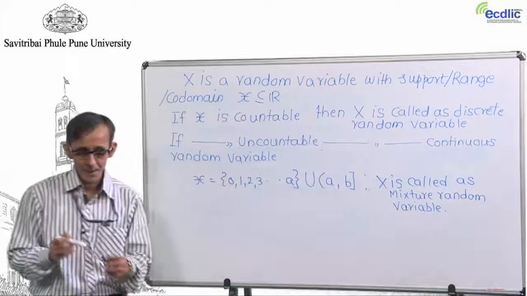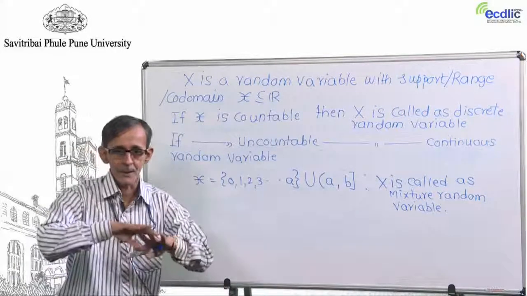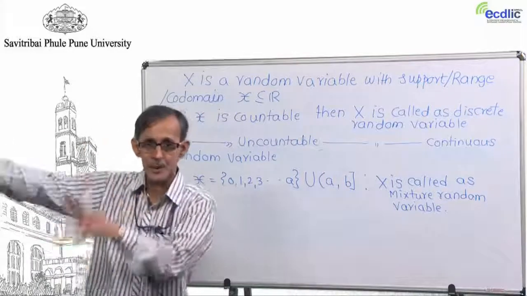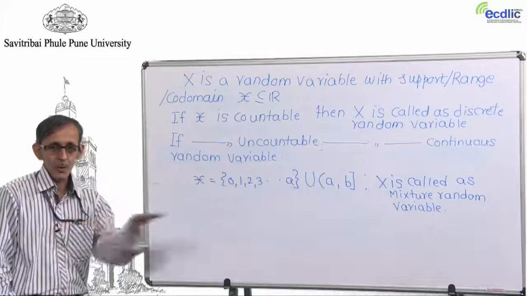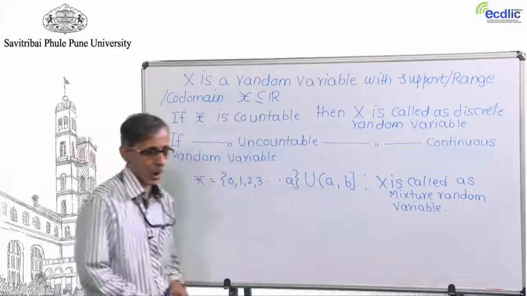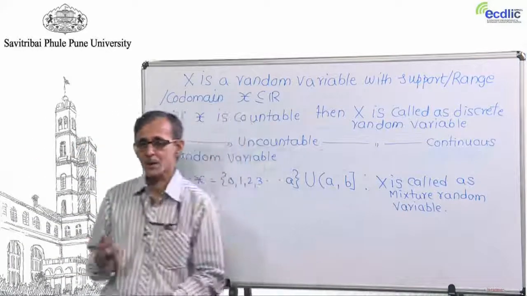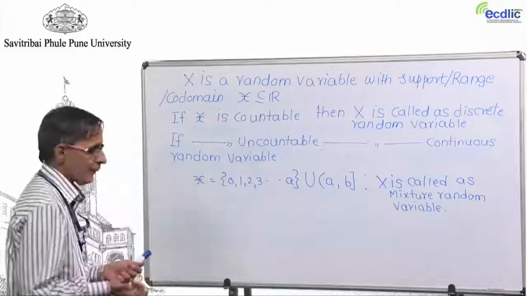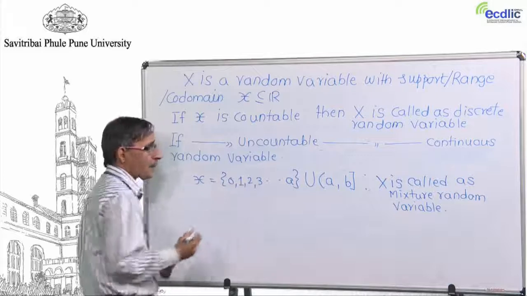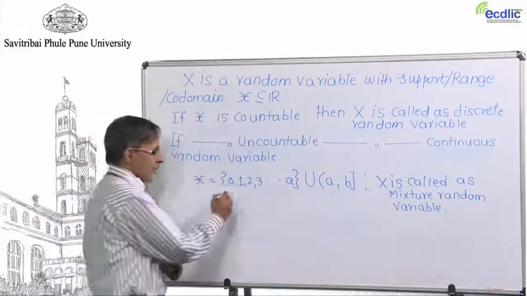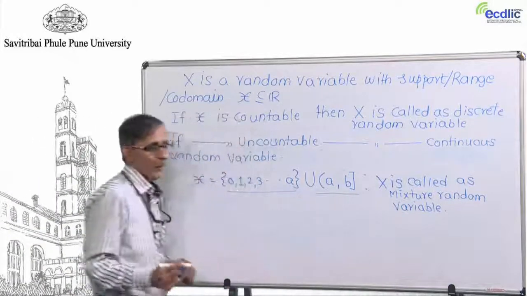Now, later on we will see that even a continuous random variable can be expressed as a mixture of three different continuous random variables because the distributional properties are different. We have not yet gone into the probability mass function and probability density functions and so on. That is why we are not going to that level, but a mixture can be on the basis of support as well as on the basis of models.